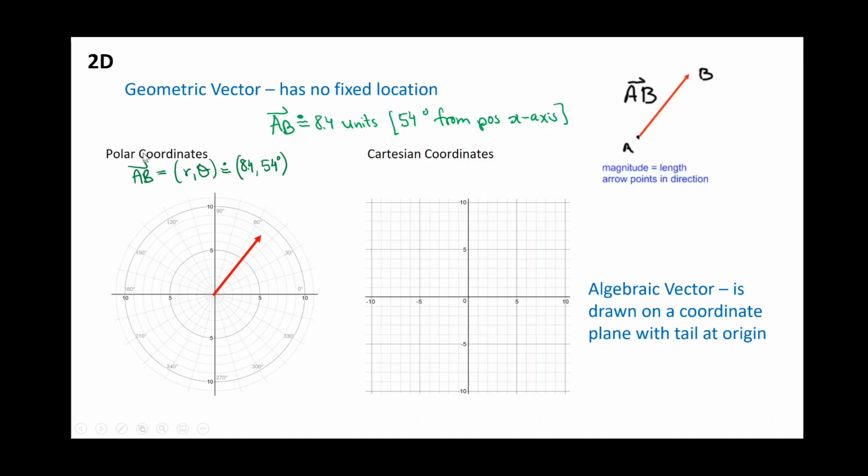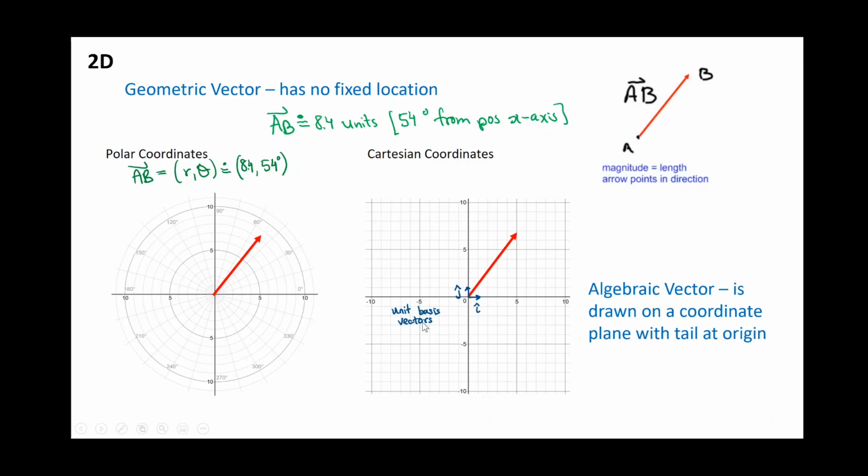The way polar coordinates are quoted, the radius goes first, comma, and then the angle, which is always counterclockwise from the positive x-axis direction. Let's concentrate now on what we will be doing. The same vector is placed on Cartesian coordinates, which is what we're used to, with x and y axes for 2 dimensions. And what we want to do is think about how